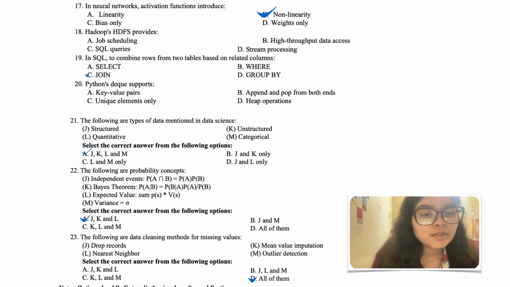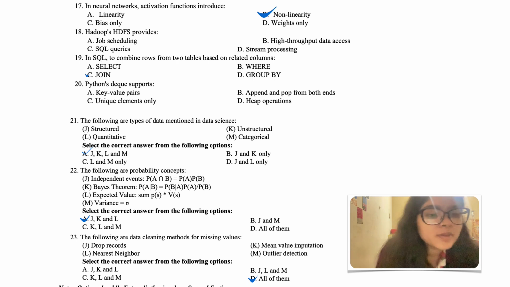Hadoop's HDFS provides high throughput. Here, why is it not marked? I don't know, but here, I guess, Hadoop's HDFS provides high throughput data access. The option B is correct. Here we can store data, big data, in a distributed system which provides high throughput data access. We can access data and handle and manipulate, perform all sorts of operations very easily without relying on the same